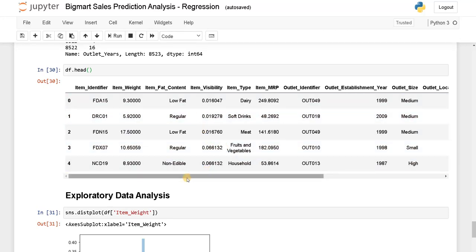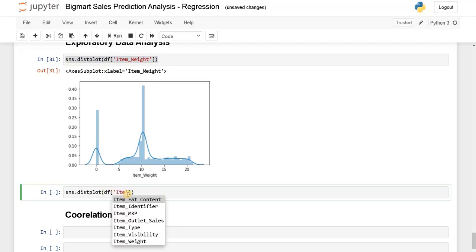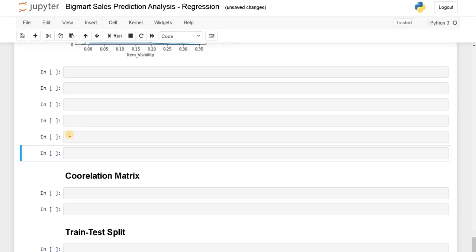Next one is item visibility. Let's check that. Let's copy this and paste it. Item visibility. Okay, for the item visibility, we have somewhat left skewed values, but we try to avoid 0. Here, as you can see, this value has gone to a peak because we filled all the 0 values with the mean. That's why it's peaking at the center. All the values are small only, so we don't need to worry about some performance decrease because of that. Okay, let's leave some space.